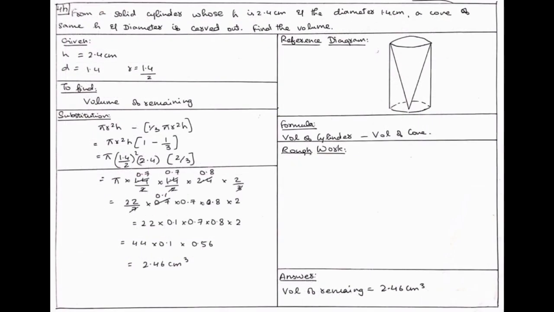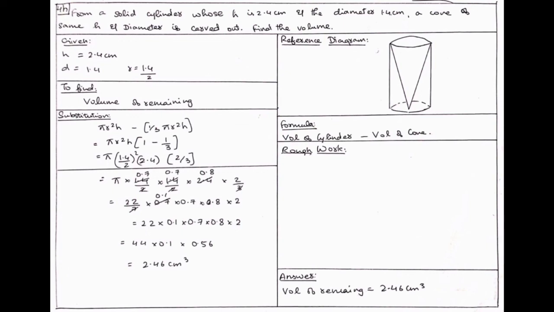Question is, from a solid cylinder whose height is 2.4 centimeter and the diameter is 1.4 centimeter, a cone of same height and diameter is carved out. Find the volume of the remaining part. So they have given the height as 2.4 centimeter and the diameter as 1.4 centimeter. So the height of the cone and the cylinder is the same, 2.4, and the diameter is also the same, 1.4. So we have to find the volume of the remaining